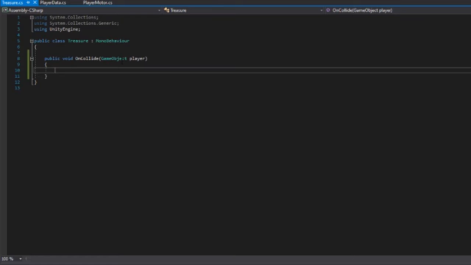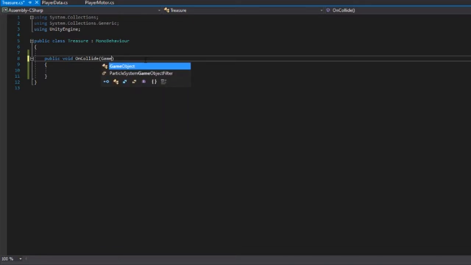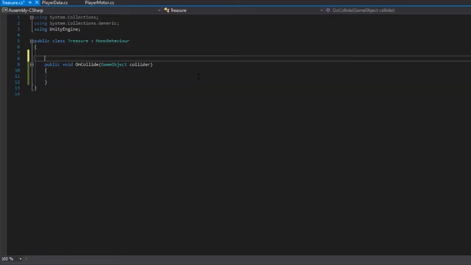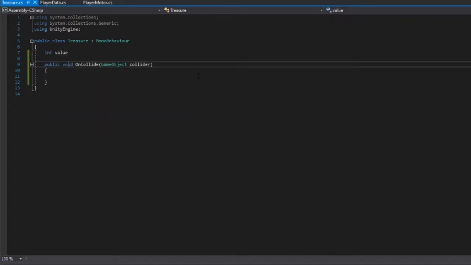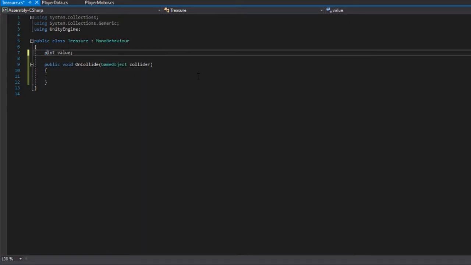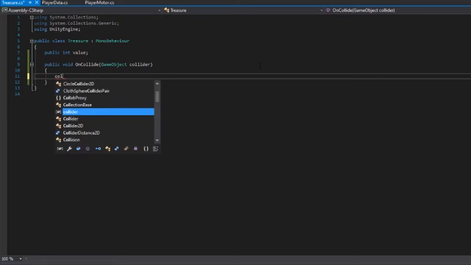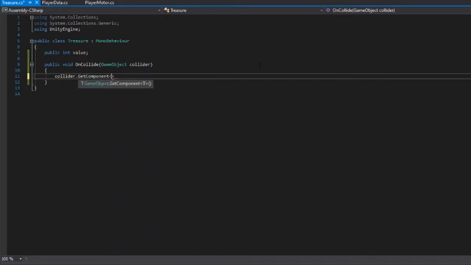Actually though, if an enemy collides with it, we might want to do stuff. So we'll just do a game object called collider. And what we're going to want to do in here is, treasure should have a value, so int value, and then on collide we'll want this public so we can interact with it in the inspector. So we'll do collider get component player,